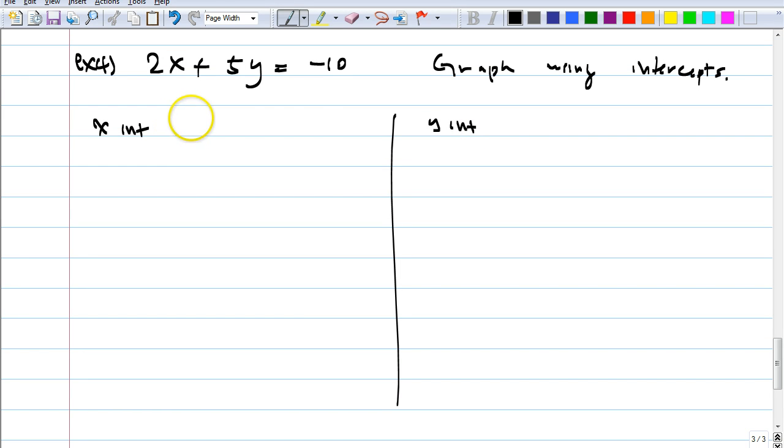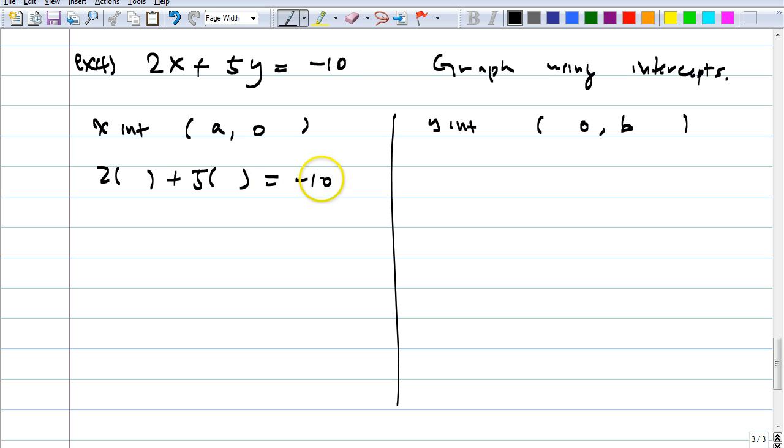Did you all start with this? This is the most important thing. X-intercept is what? Comma what? A, comma 0. What is the y-intercept? 0, B. Thank you. Okay, then do the one on the left. Okay, go ahead, everybody. Anybody need more time, by the way? Okay, I'll give you more time. So how many people plug in here 2 comma something plus 5 equals -10? How many people plug in this correctly? A and 0? Like that? Raise your hand. Good. If you didn't, sit down. Okay, if you got it, keep